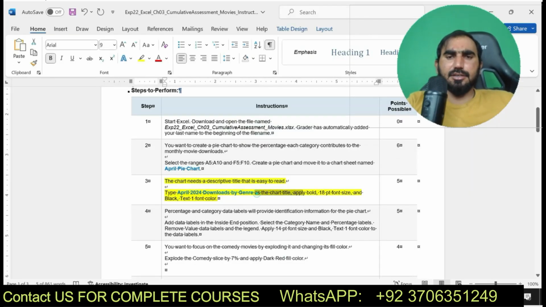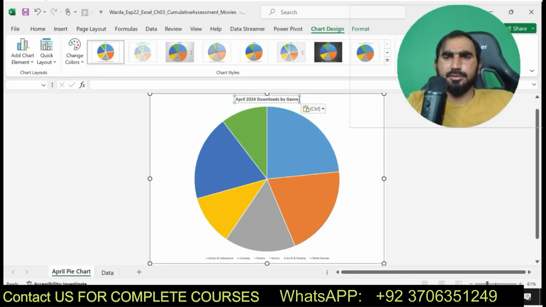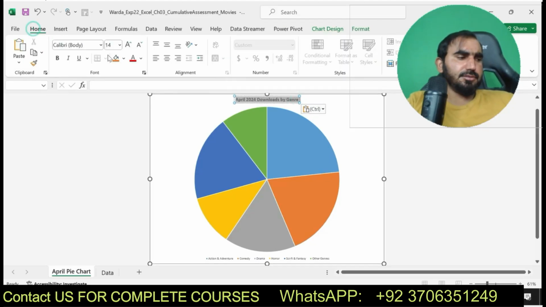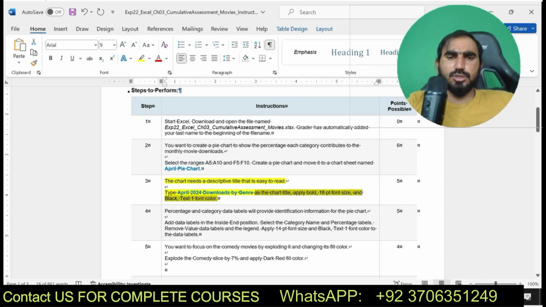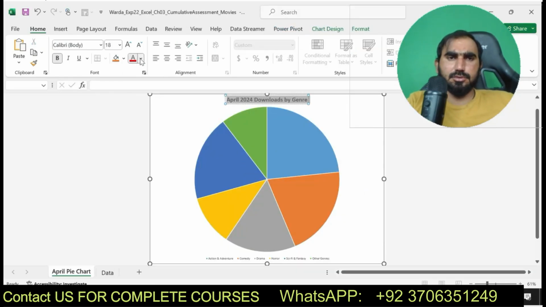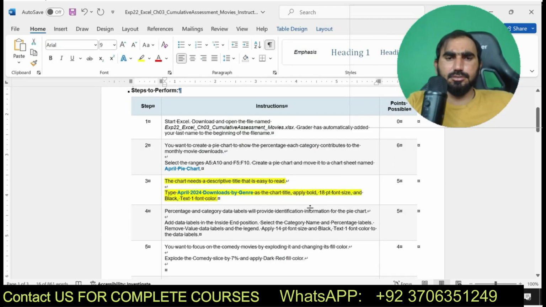Next one, font size 18 and black text font color. Font size 18 and then black text font color. Here you can see I am going to complete step number 3. And the font color Black, Text 1, I have done, and made the modification to the chart title. Now I'm going to move to my next step.